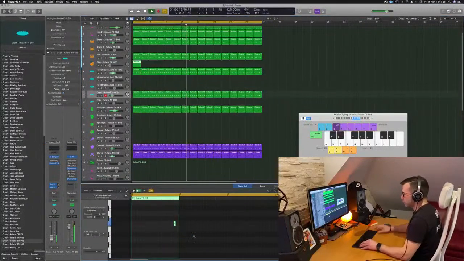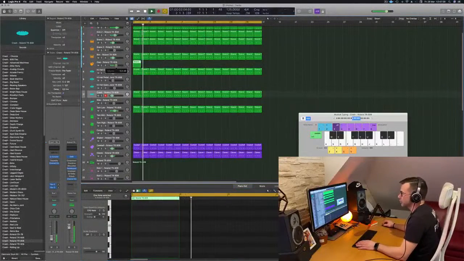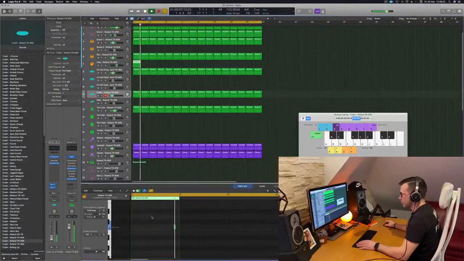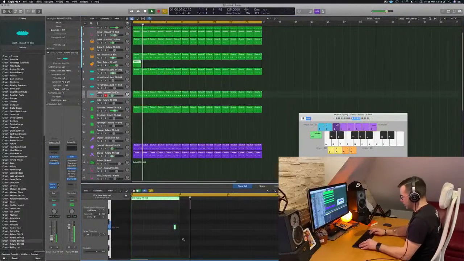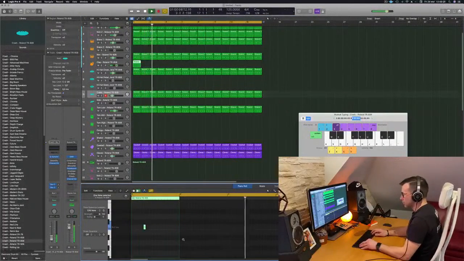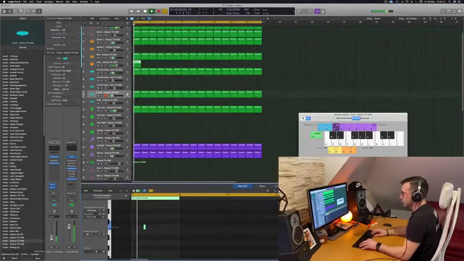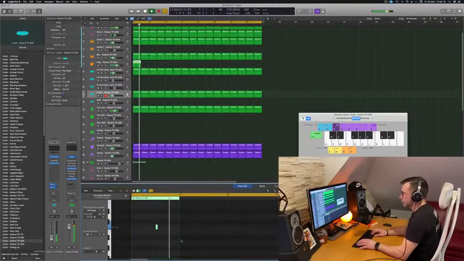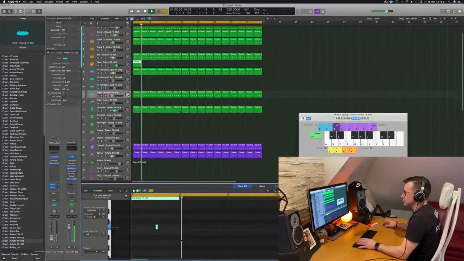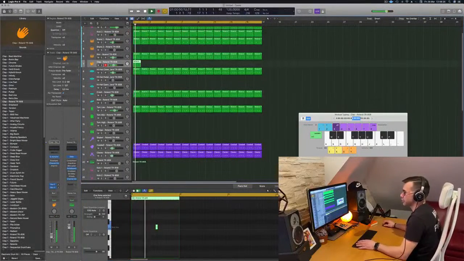Try to build the rhythm. I don't know why this is turned down. This should be at zero, or there's many ways to do it, but I don't want it to be on top of the snare, so